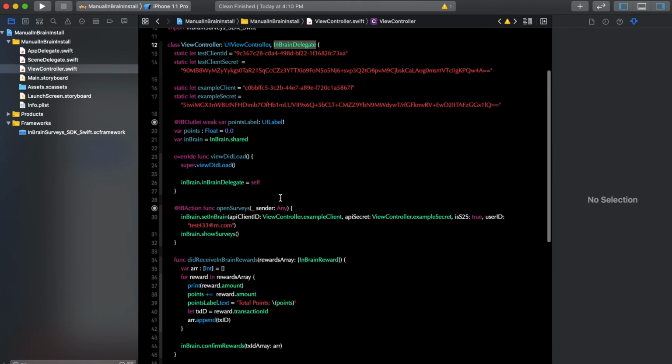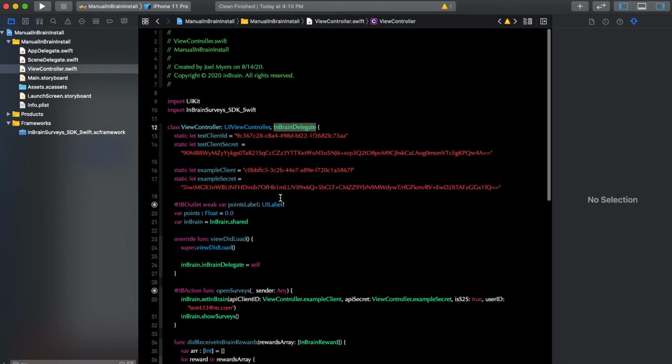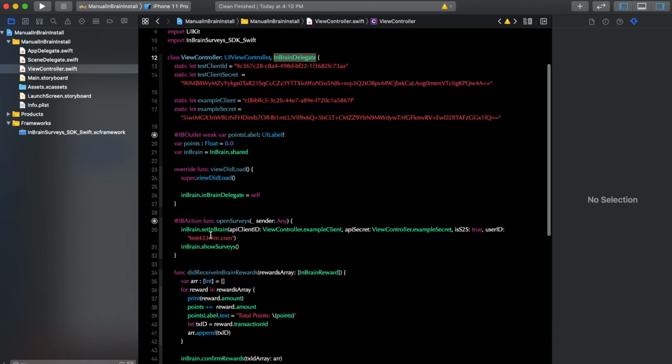So now that we have conformed properly to the inBrain delegate, notice that we need to add an instance variable here for the inBrain.shared singleton. This is going to do all the magic. So we reference it in our view did load here and ensure that the inBrain.inBrainDelegate equals self, hence why we conform to the protocol initially. Then the remaining 2 lines in order to get this party started are our inBrain.set inBrain API client ID and API secret. Here we're using static constants for the string values of these 2,